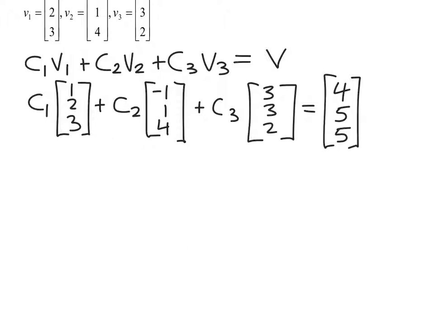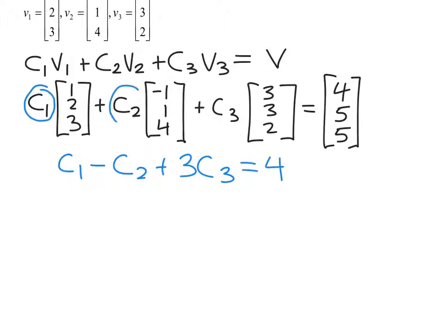So if I were to run through using the distributive property, scalar multiple, the C1 multiplied by V1, and then C2 multiplied by V2 and C3 multiplied by V3 equals 4, multiplying only by corresponding parts, I would get three separate linear equations. One would be C1 minus C2 plus 3C3 equals 4. So we're just multiplying through with the actual scalars. All right, then 2C2